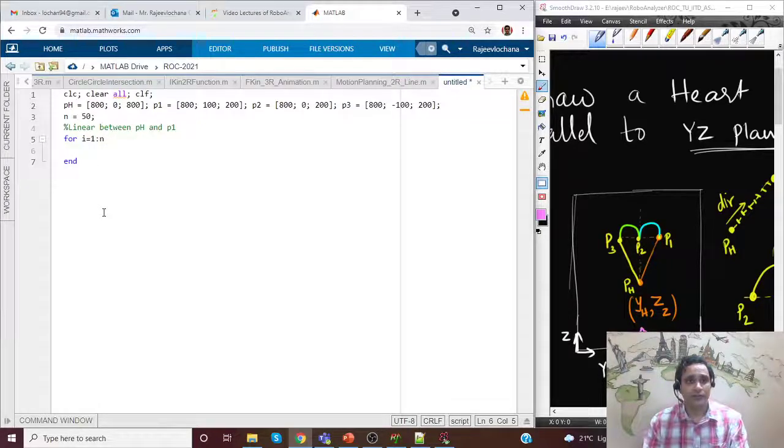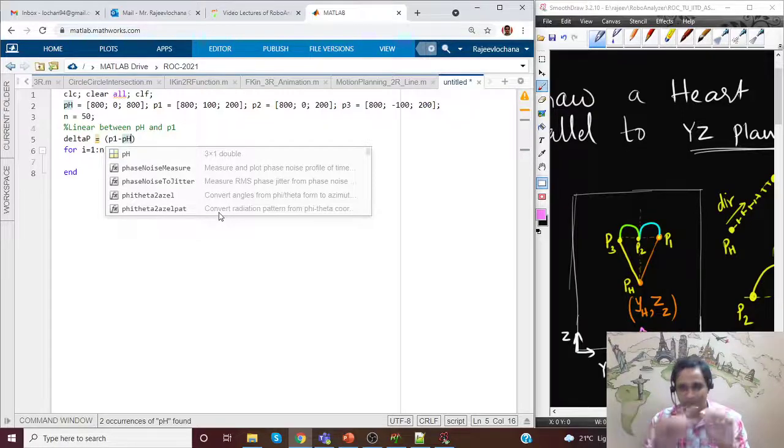Okay, so here we need to know the delta p vector to get the immediate next point. The delta p vector does not change, it is constant for this line segment. So I'll have delta p equal to P1 minus PH.